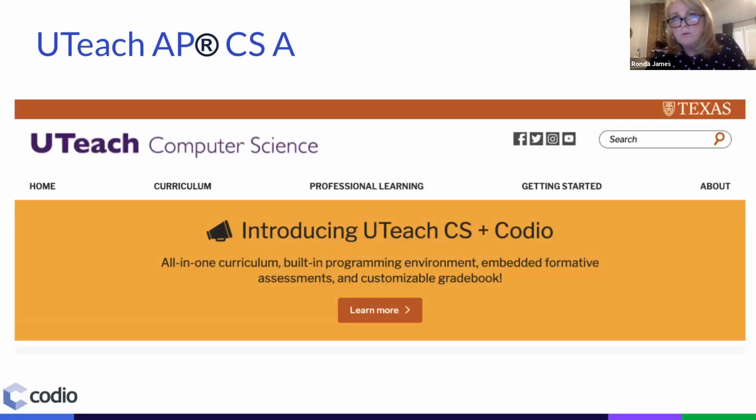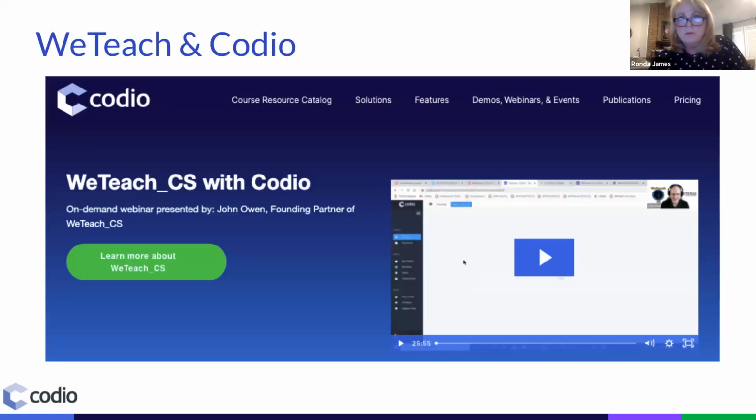We also, Codio has partnered with Teach, and also We Teach. And these are two organizations, and so they use Codio to power their learning environment, and they provide the curriculum. And each of these are individual, and they have a process, and they provide different levels of curriculum and involvement, and you would pay through them, but it's all powered and partnering with Codio.